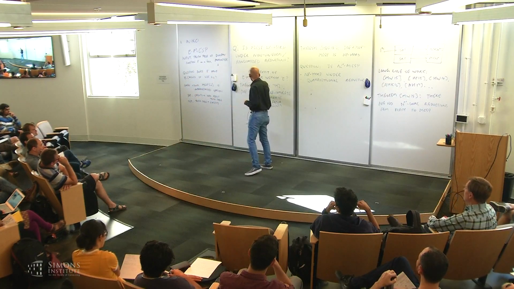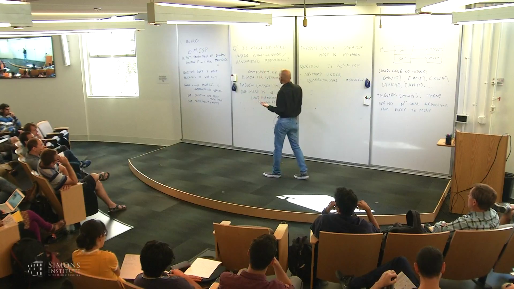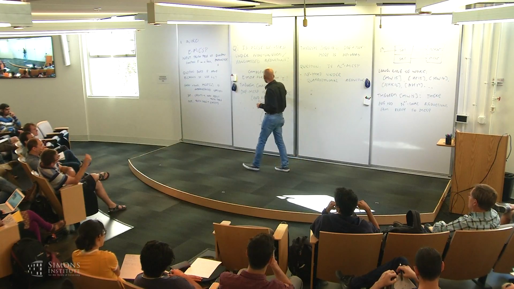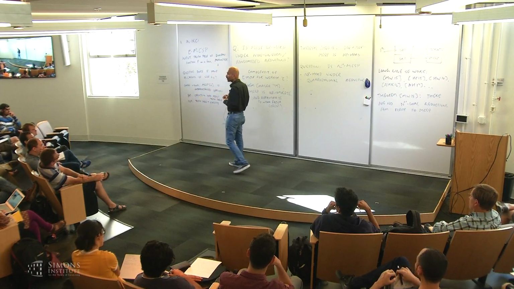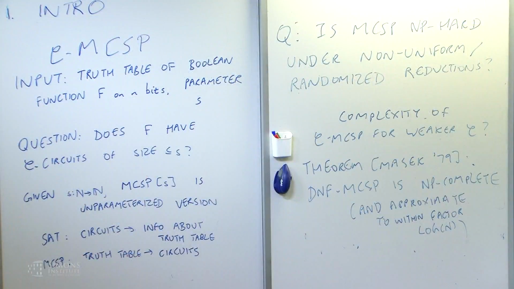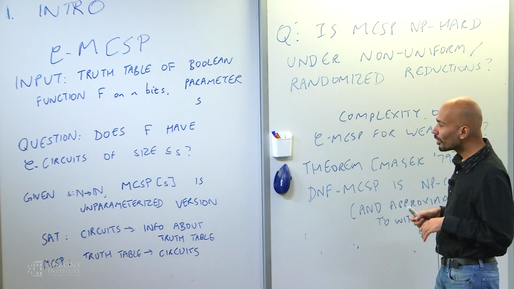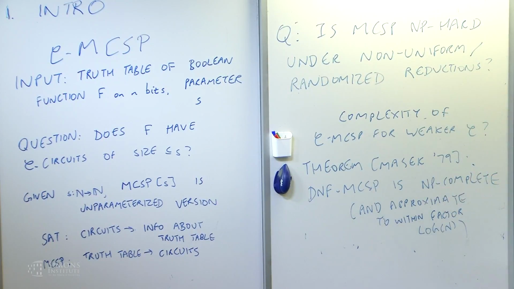Yeah, I should mention that there's also been quite a bit of work on inapproximability results, not just showing that DNF MCSP is NP-complete, but that it's hard to approximate the circuit size to within a factor smaller than log n. And there's a line of work stemming from work in PCPs and learning theory, which gets a handle on this. I think it's known to be hard to approximate within a factor of log n to the 1 minus epsilon, as far as I know. Yeah, under some assumption, the standard assumption.